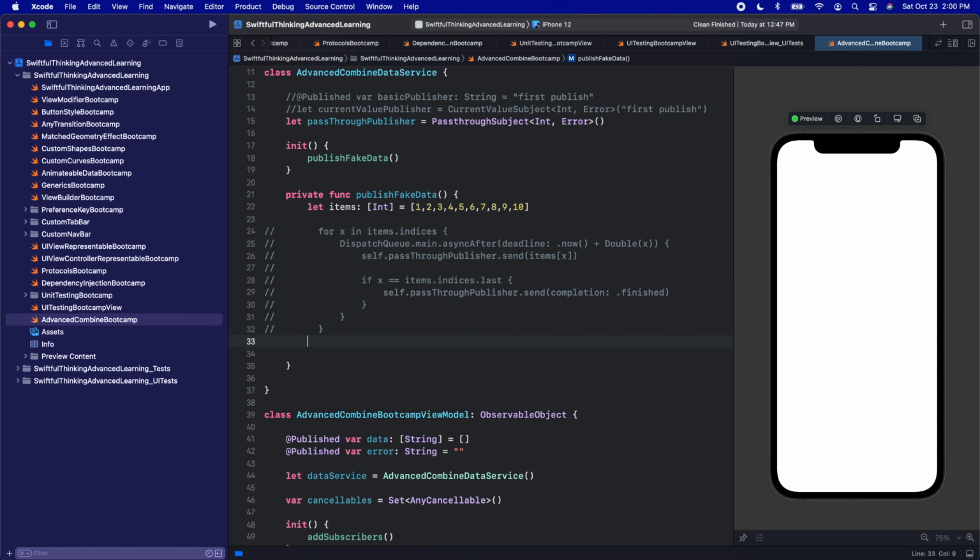And you might be wondering, why is it coming through twice? Obviously, we're only publishing the number 7 once. If we look back up here, we have to remember now that this publisher and this publisher are separate. So when we publish values here, it's going to emit and go through the whole pipeline. When we publish values here, it's going to emit and go through the whole pipeline as well. So although this is in the same for loop here, this publish and this publish are going to be separate. They're going to be two separate instances. Maybe they're back to back and they're maybe less than a second between each other, but they are two separate